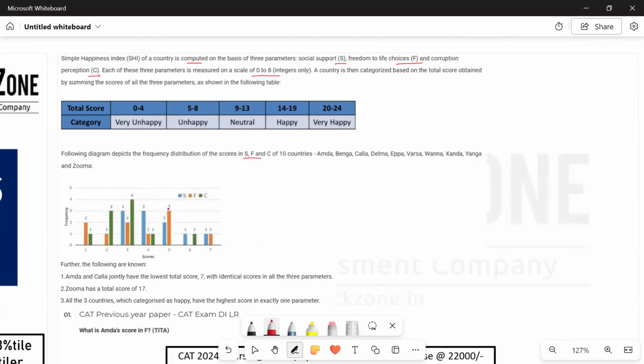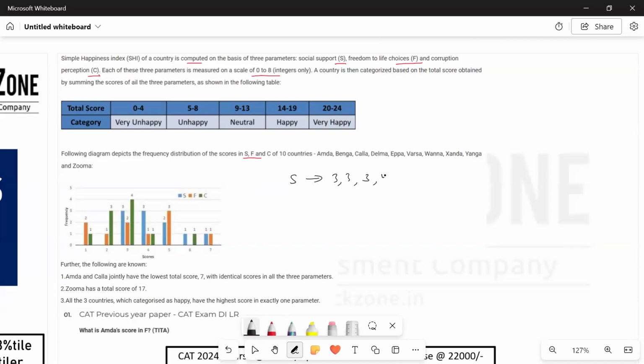So for example, if we talk about S, there are three threes, there are three fours, there are two fives, and there is 1 6 and 1 7 respectively for S. If we talk about the distribution of the scores of 10 countries, and similarly for F and C. So if we write down the distribution of all S, F and C, we'll see that S की distribution क्या है? S में we know that there are three threes, three, three, three, total 10 होंगे, क्योंकि 10 कंट्रीज की बात हो रही है, 10 कंट्रीज को हमारा S का स्कोर हम डिस्ट्रीब्यूट कर रहे हैं.